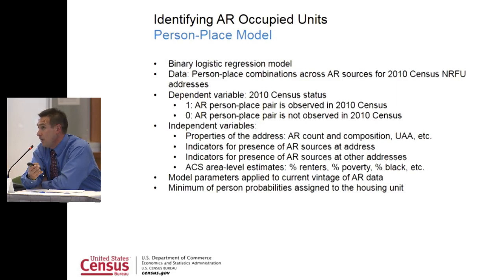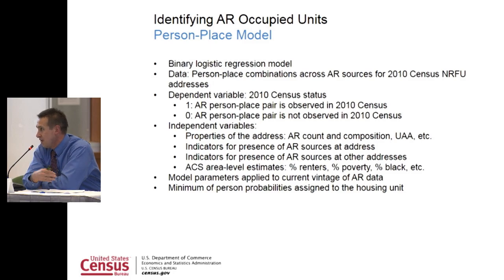So we proceed to model that using a series of variables. Our independent variables are, could we find that person on a 1040 return at that 101 Main Street? Did we find them on an informational return, 1099, at 101 Main Street? So we can take those based on the sources. We also look to say, okay, is the source indicating that you might also be at 5 Broad Street? So we have a whole series of covariates that say, hey, we've found you at another address. We also take into account those ACS covariates that I mentioned earlier.